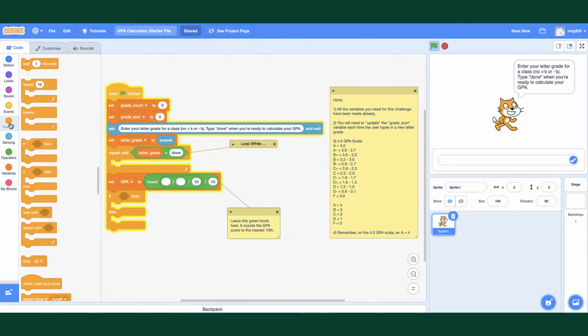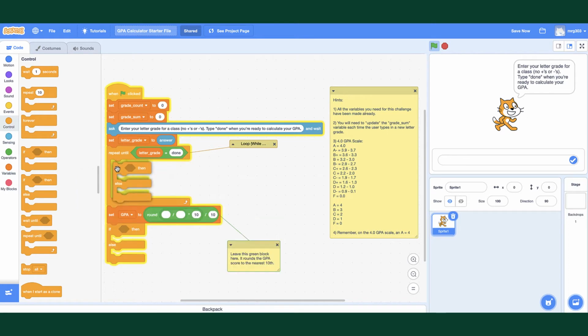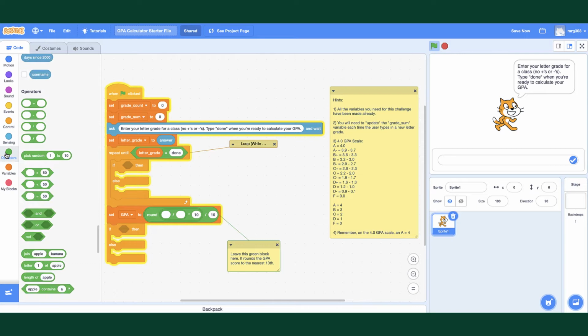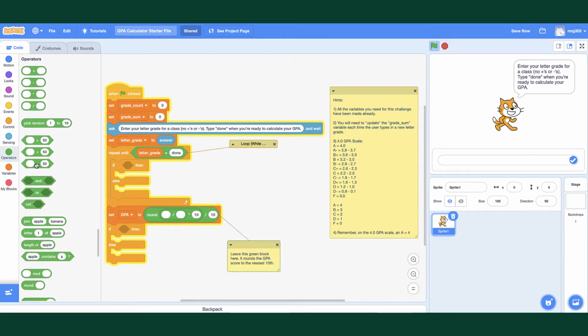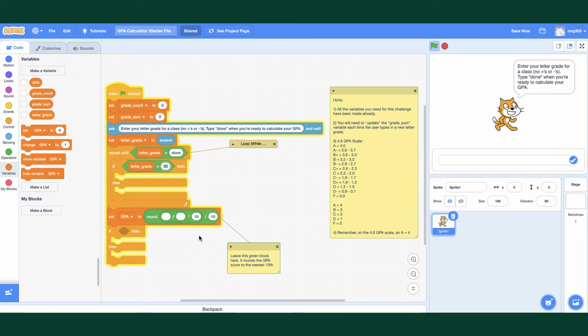And so I'm going to go over to control and grab an if then else statement. And what I want to do is go over to operators and grab another equals. And I'm going to go to variables and grab another letter grade. And I'm going to say, well, if